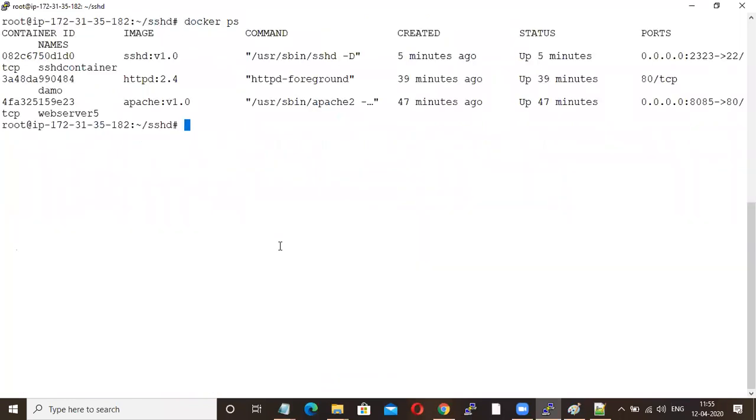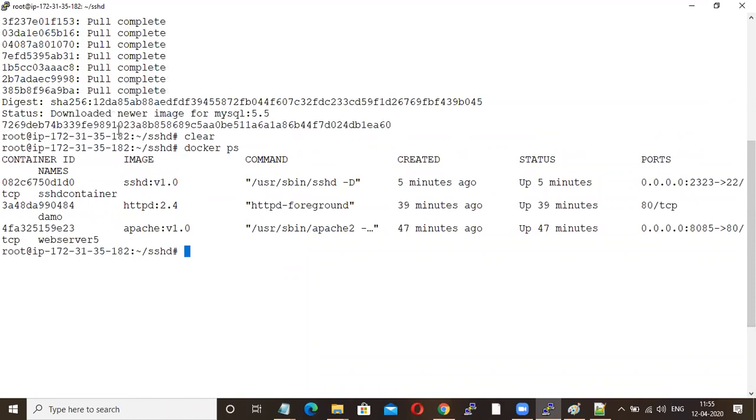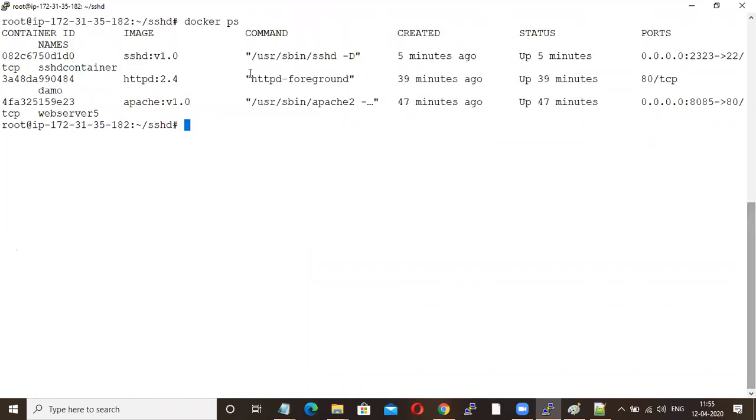Now if I give docker ps, you are not able to see the container. Then how will you troubleshoot? Because you launched the container, so why are you not getting it here?